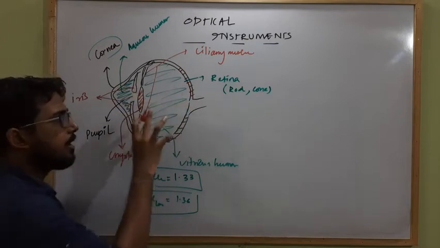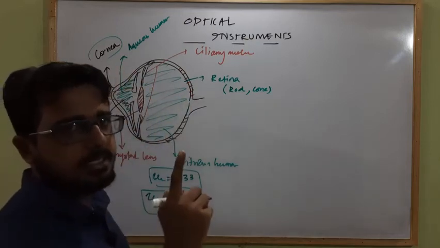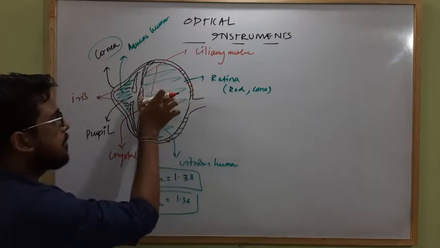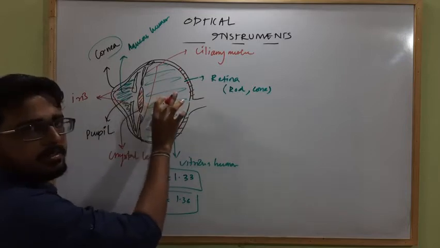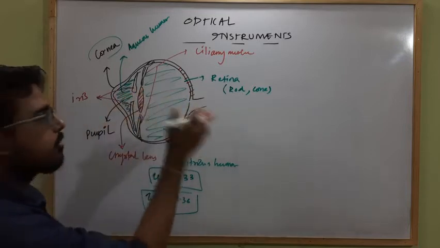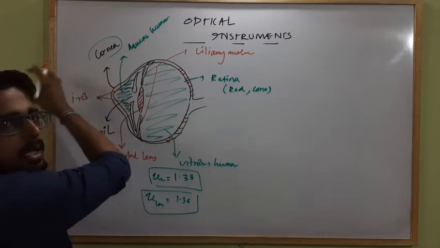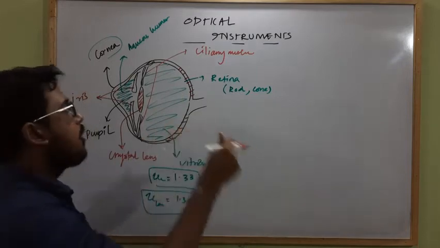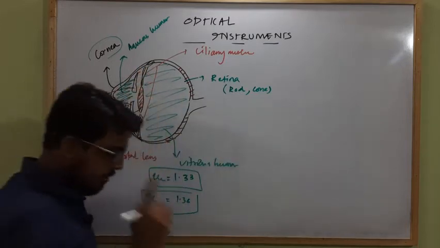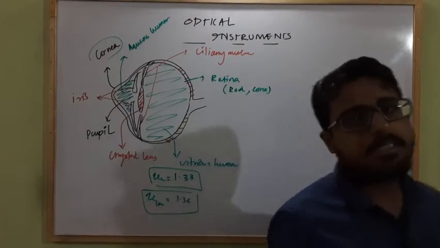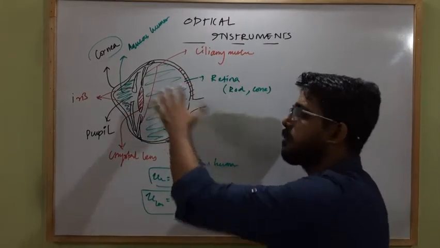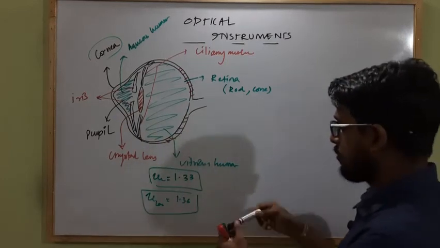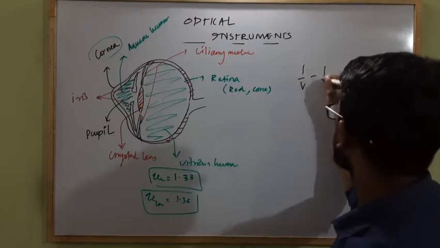That means if the human eye is considered as a lens, then for this lens the image distance is fixed, because the distance from the lens to the retina is fixed for the eye. But the object can be placed close to the eye or at a distance from the eye. So according to the object distance, we have to change the focal length of the lens. The human eye is such a fantastic lens that it can change its focal length by itself, because here V remains constant, and according to the lens formula we know